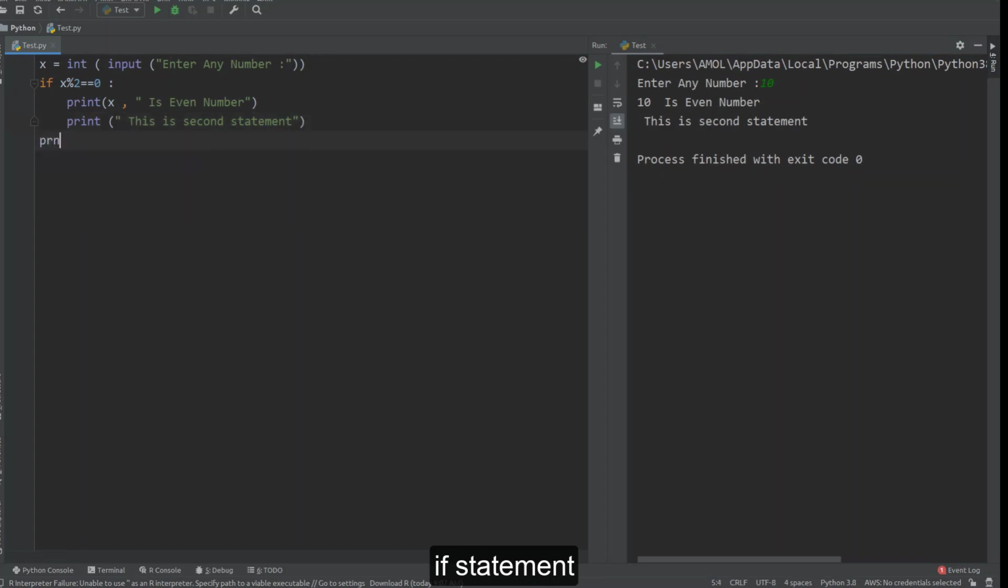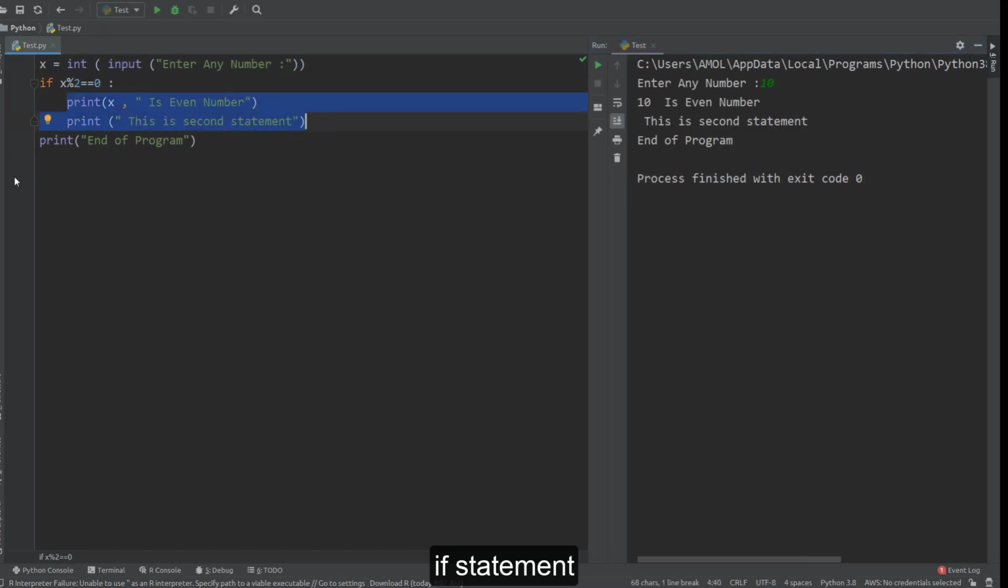Okay, we'll do one more thing. Here we'll add another statement like this, end of program. Now check. Once again we are entering an even number, so this time it executes both statements of this if block